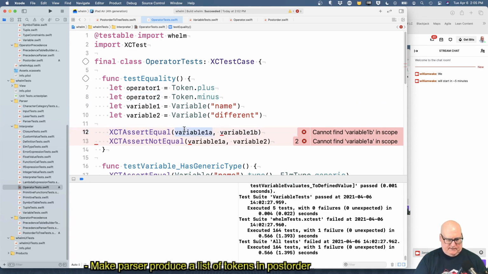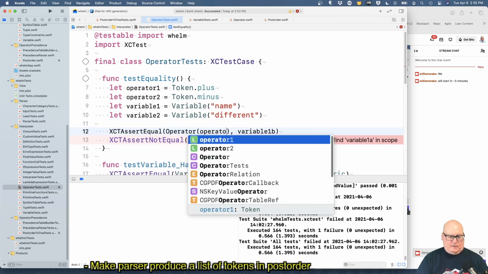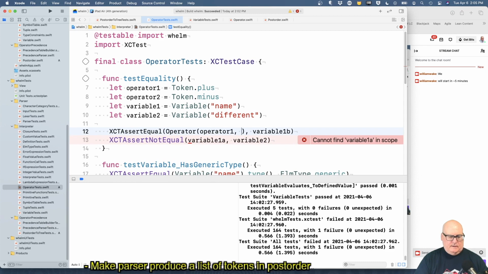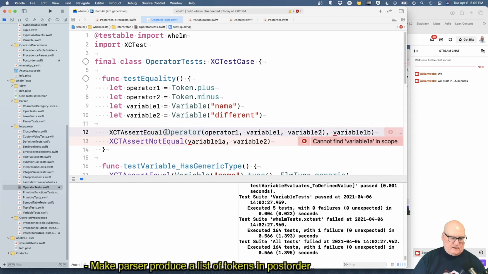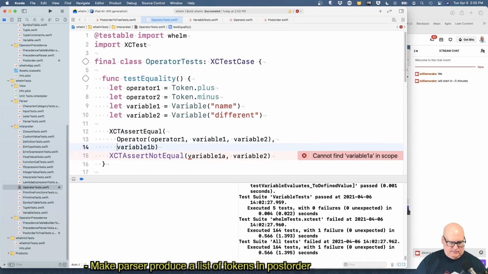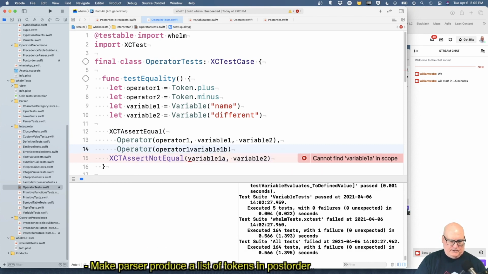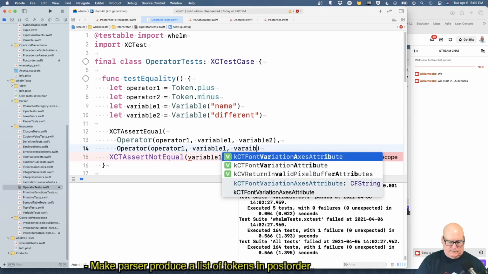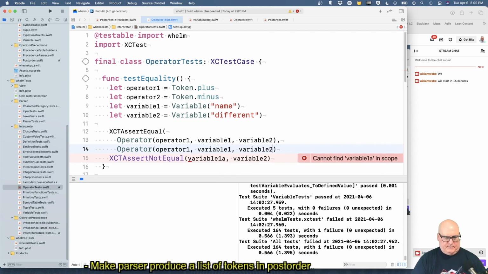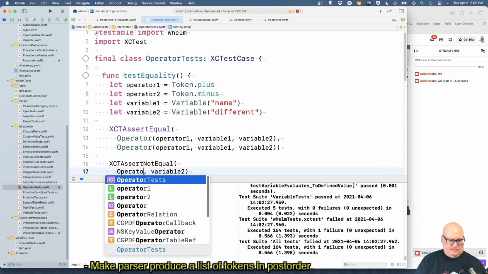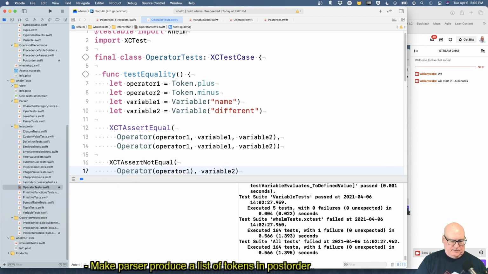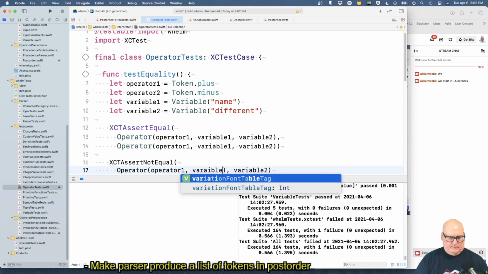Okay, and so what we should have is that operator 1 with variable 1, variable 2 should be equal to operator with operator 1, variable 1, and variable 2. And it should not be equal to, if the operators differ but the variables are the same,